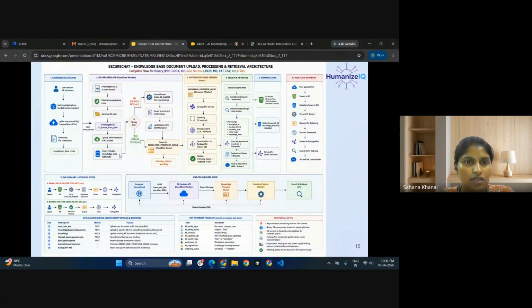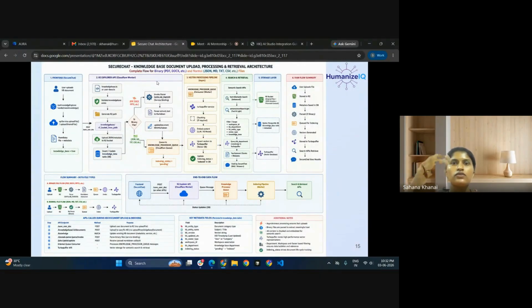So in future, if we want to access it, we can directly use this table to get the path, and using this path, it is going to redirect to R2 object storage. From here, we will check whether your uploaded document is a binary file or not. If it is a binary file like PDF, document, image, or PPT, then we are going to use Datalab parser. Why are we using Datalab parser? We are using it to extract the text content in Markdown format. Let's say you upload an image and there is text in the image.